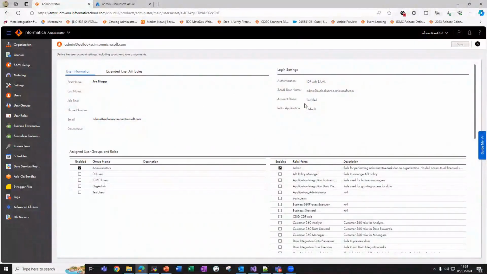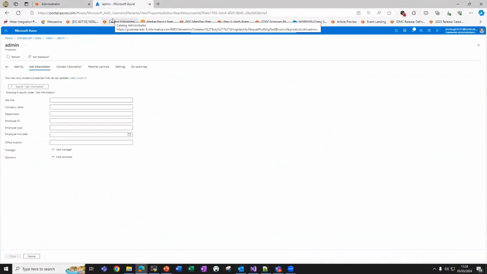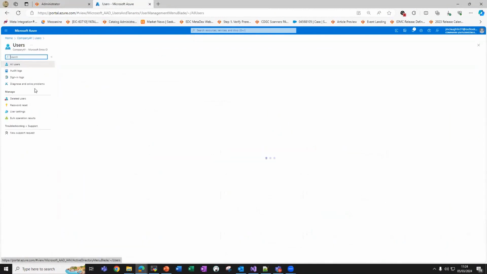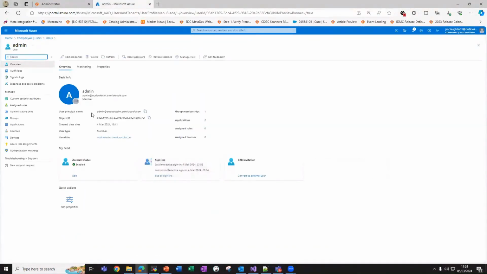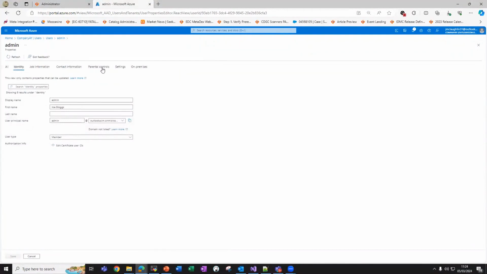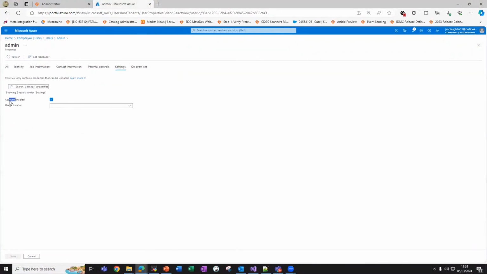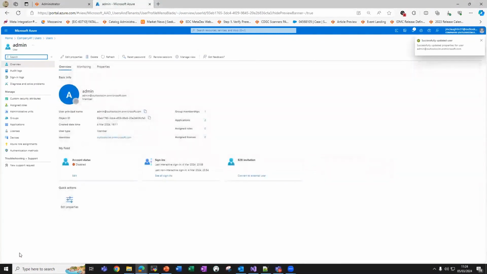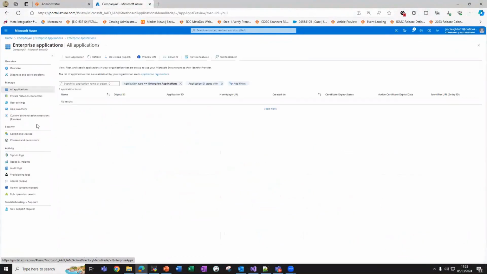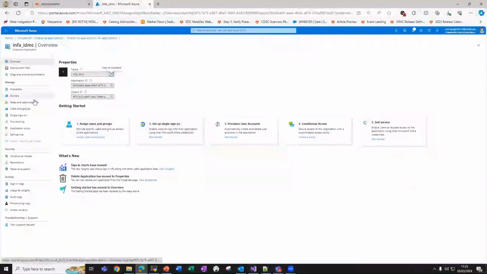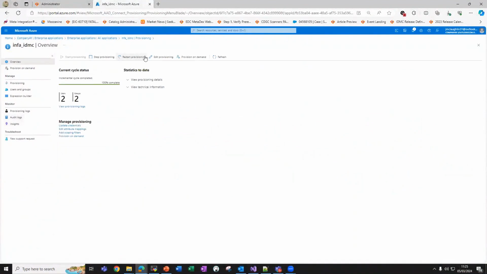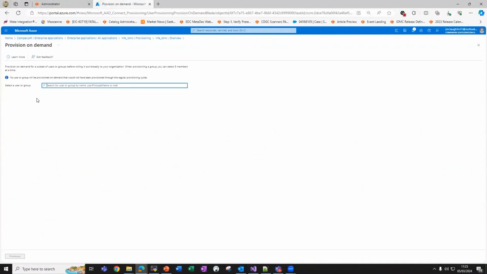They are connected with one another. So if I go to our Azure portal again, and I go back into my users, and I'll open the admin user account. If I decide I want to disable this user, I click Edit Properties. I'll go to the settings screen and I'll uncheck the account enabled flag and save that. If I then provision that user once again, so I go to the application and provisioning, and I go provision on demand. If I say the admin user again and click provision,